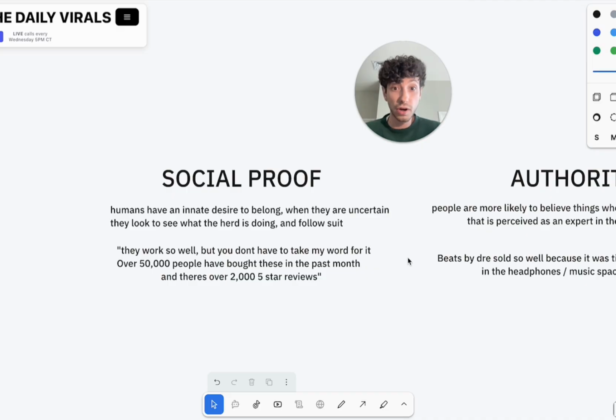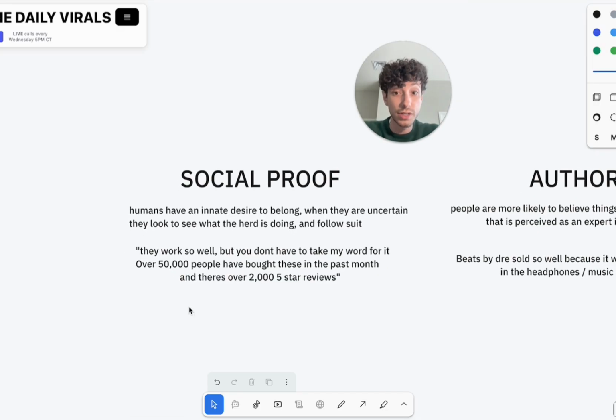It's the same thing with marketing. If you can show that other people are using this product, other people like this product, then it's just going to kind of trigger that natural instinct in our brain and get them to take the same action as everyone else. The way that you could do this in your scripts is, oh, these work so well, but you don't